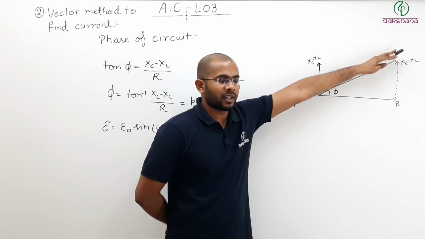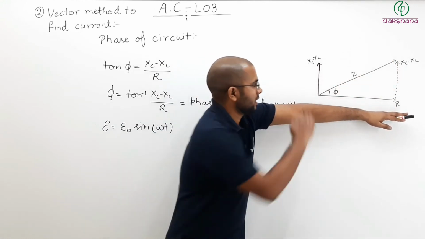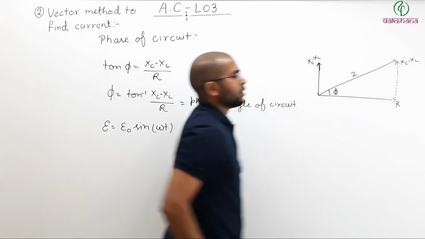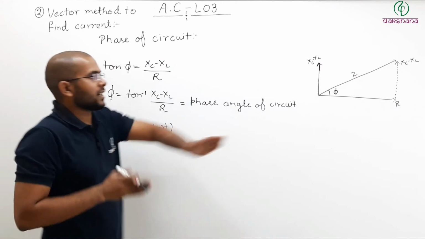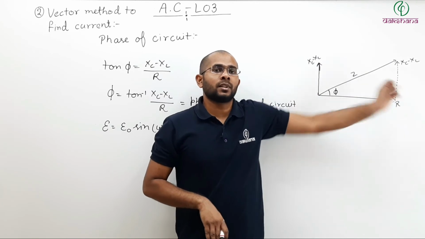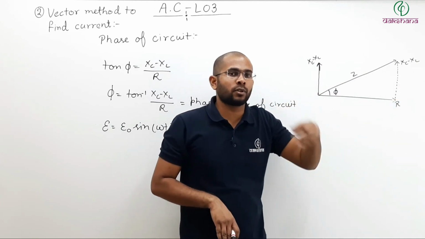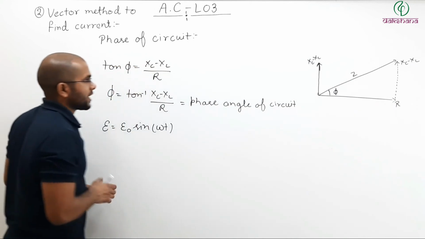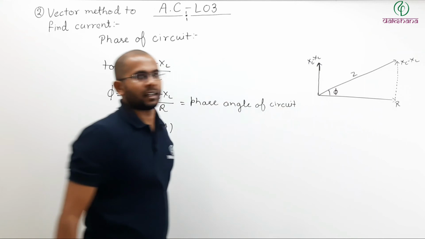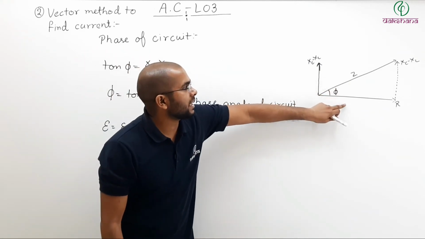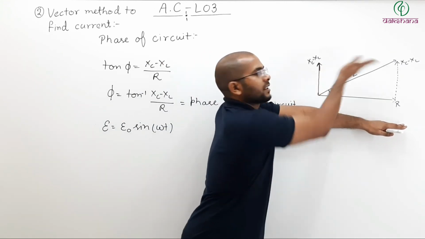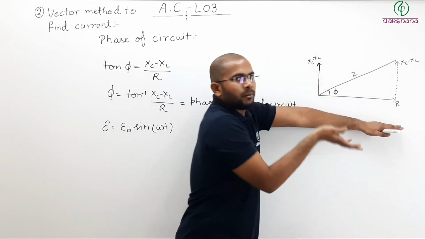So here what is happening? EMF is in this direction along R and the final current is in this direction along Z. So you will say Z is the direction of current in the circuit, and R is the direction of EMF in your source, or the potential supplied by the source. So you will say there is an angle of phi between EMF and current, and here current is leading the EMF by phi. See here, this is EMF and this is current. So current has phi angle more than EMF.